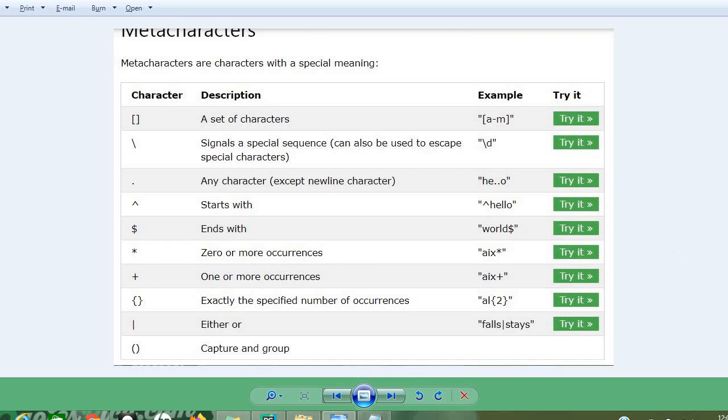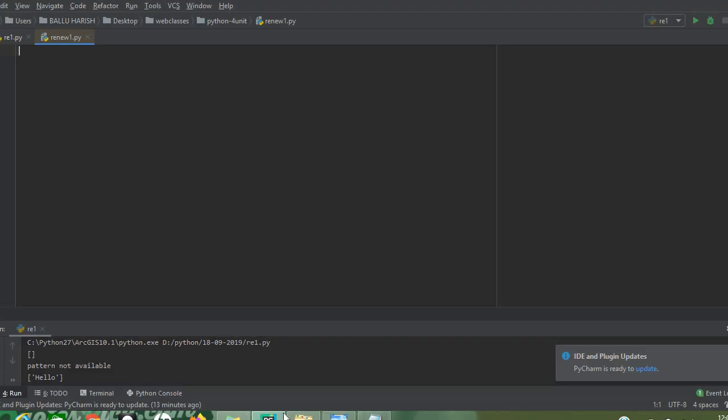Just focus. I am going to demonstrate an example. In that example, I am going to use starts with and also zero or more occurrences. Similarly, you can write a program and use the characters based on the output of your program. Let us start with a basic program of regular expressions. How to open the PyCharm software is already clear to you; we have discussed four units. I hope you are all clear.